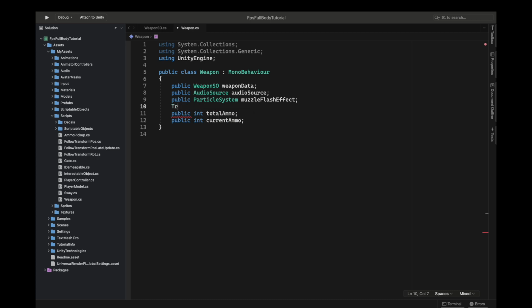Let's make a public transform for the left hand IK transform. The reason why I'm making this one is because every weapon is not exactly the same. So the left hand IK has to be at different positions, which means that you will actually have to implement some things. But you can just follow me, and I will actually get you to the point where you will understand. We need to have a public transform mag parent, a public game object mag,